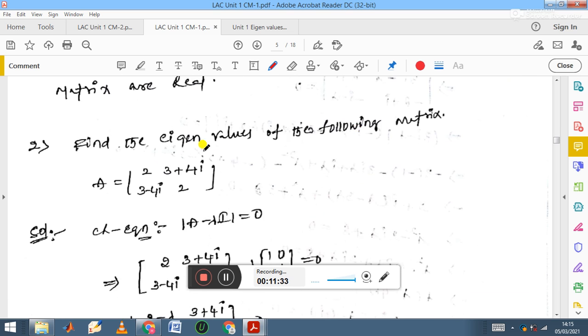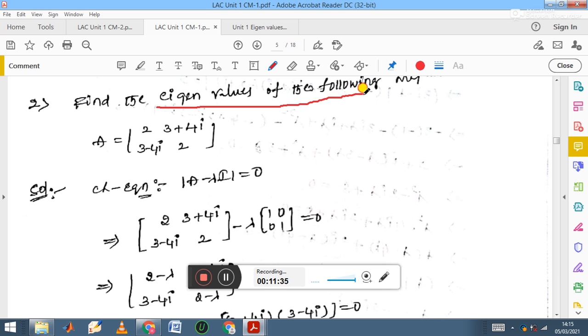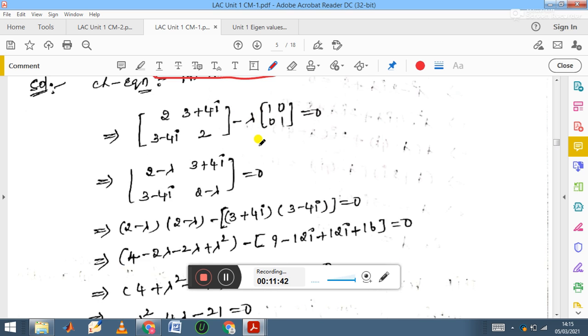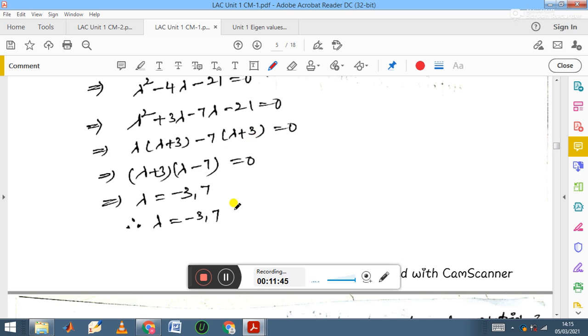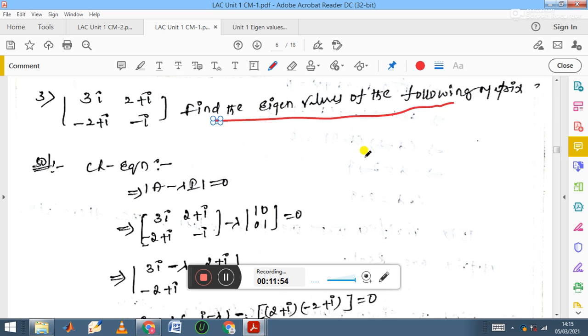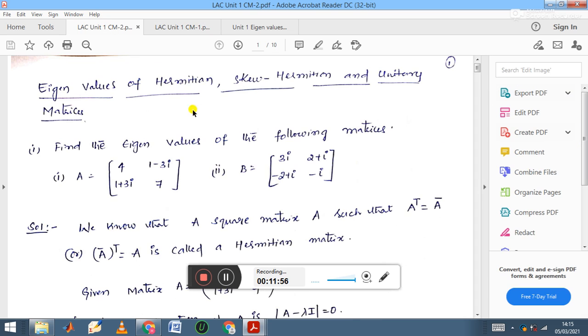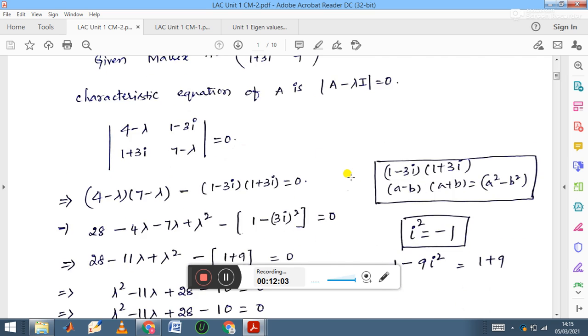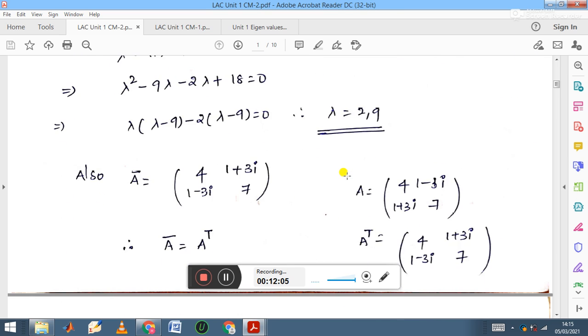Okay. Then second example, find the eigenvalues of the following matrices. Same procedure, take the characteristic equation, simplify it, then your eigenvalues are -3, 7. Then in the next example, find eigenvalues of the matrices. So I will show one more example, because we can find eigenvectors also in this case. So if you see this problem,